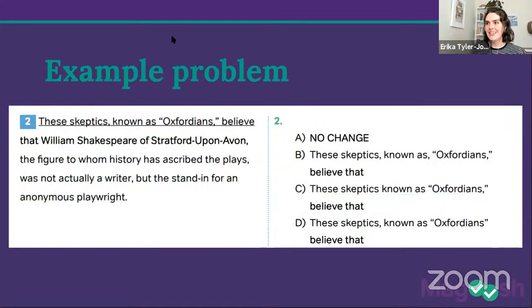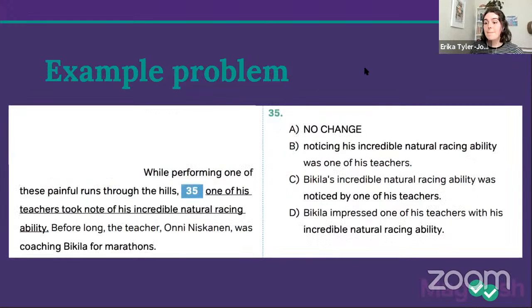Okay, really great job with this one. Let's try another modifiers question. This one's a little bit different. So we had one that was about commas. This one's also about meaning and modifiers, but this one is about placement. Now you might be going, well, I don't know how that is. Okay, I want you to take a look at this first sentence, and I want to start this one together first.